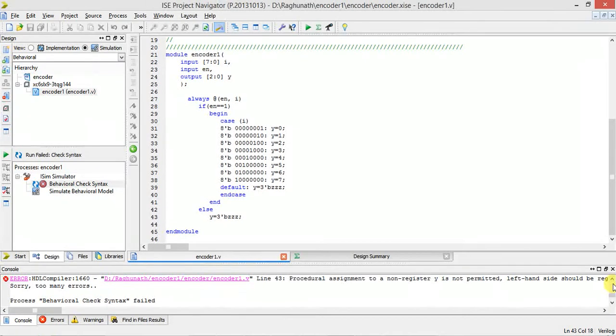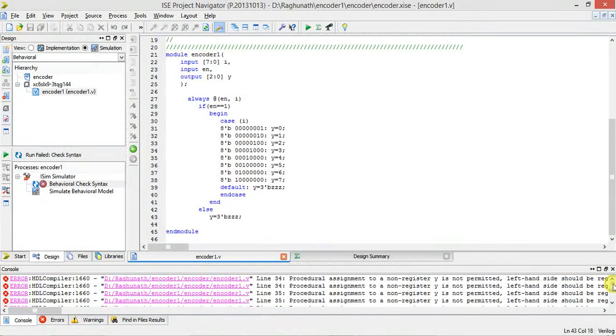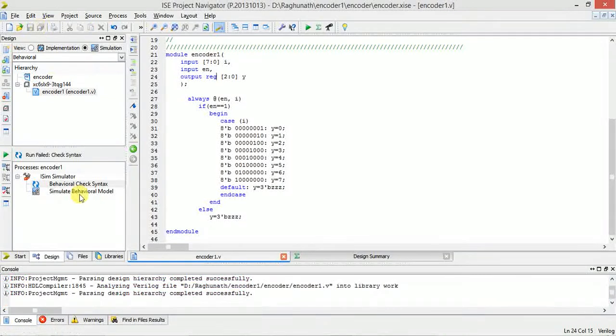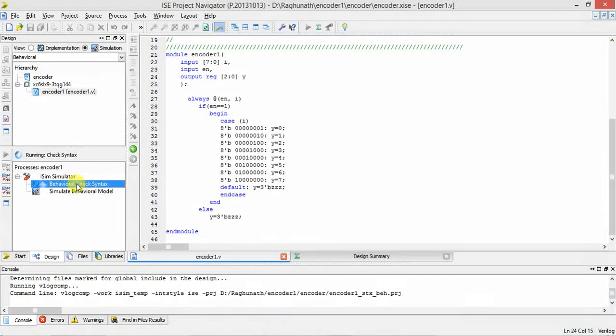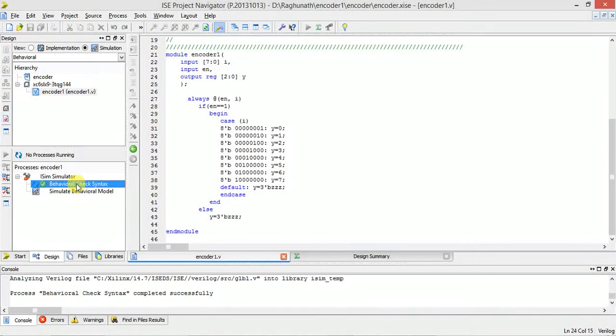Output should be declared as register, so after output, you should add reg. Now check syntax. Output, one more line, if you want you can write reg 2 down to 0 y, or you can include reg here only.